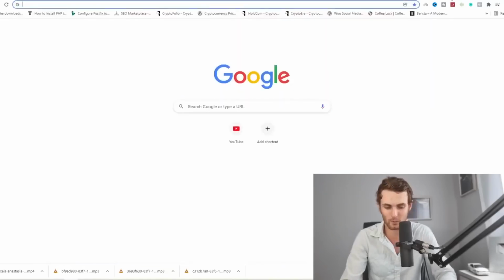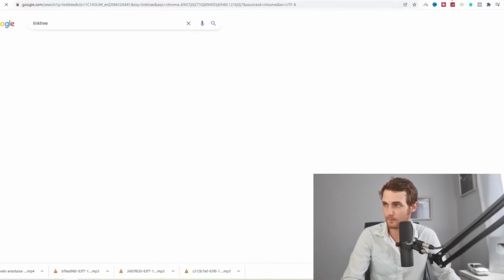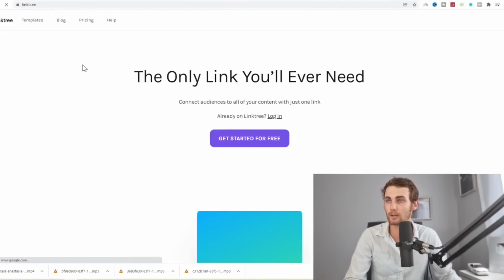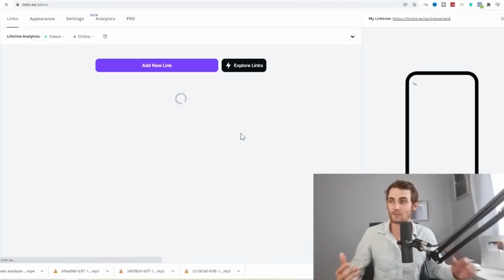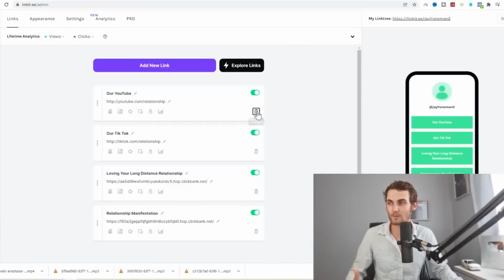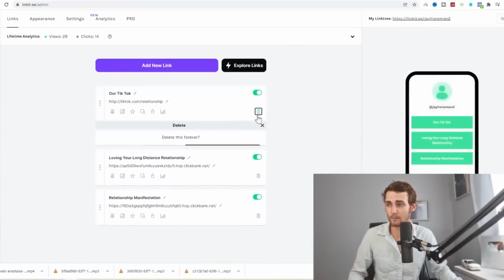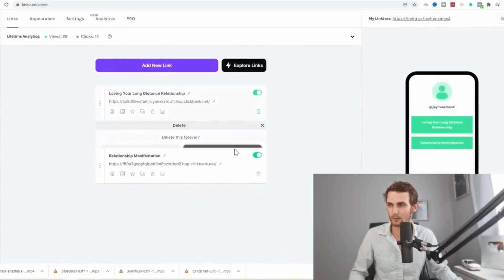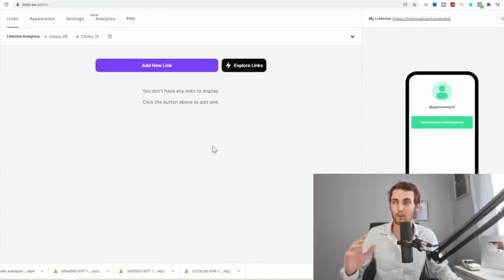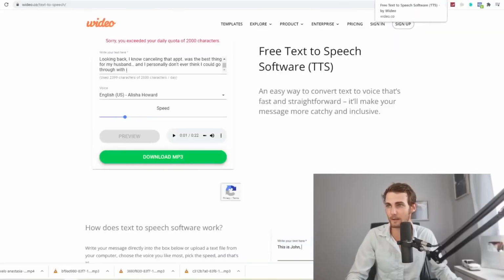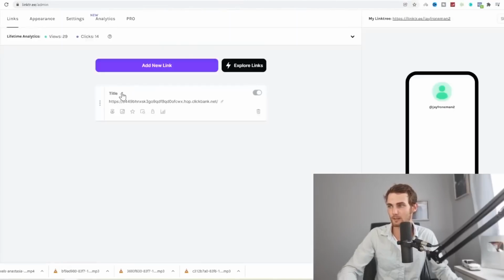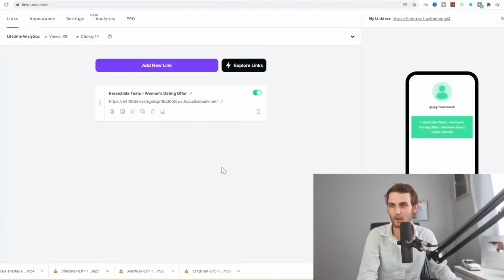So we're then going to come over to a website called Linktree on Google over here. We can click on Linktree. We want to click on Get Started for free or log in with your account. And this is a tool where we can create a bridge page. So I'm just going to delete some of my old links over here. Click on delete. If you've probably got a new account, it will most likely be blank. Click on add new link. You want to paste your URL for your title. You can come back to ClickBank and copy the title of this. Click on title, paste this over here, and now this is ready.